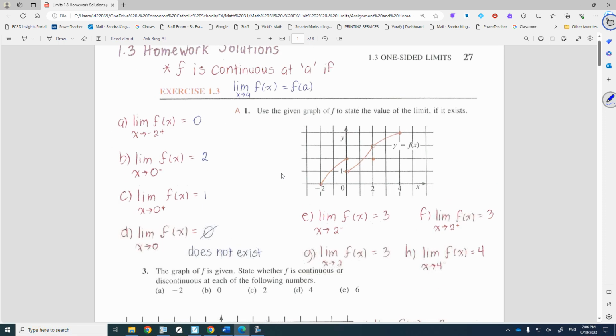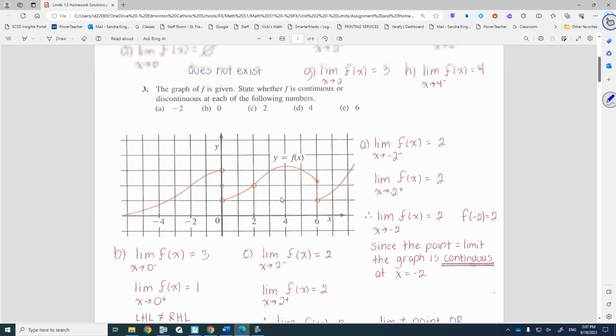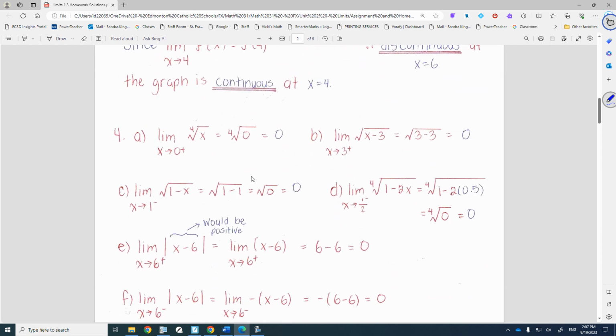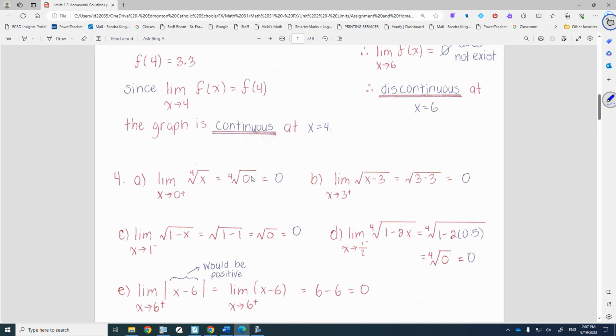Let me just see what the other questions were. Oh yeah, you'll still want to do all of the homework. Question 1, you're going to have a graph on your test like this. It's going to be worth 6 marks. Do question 3. And yes, so that's your homework. And then we'll talk about